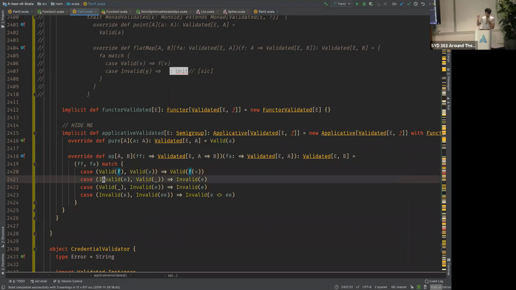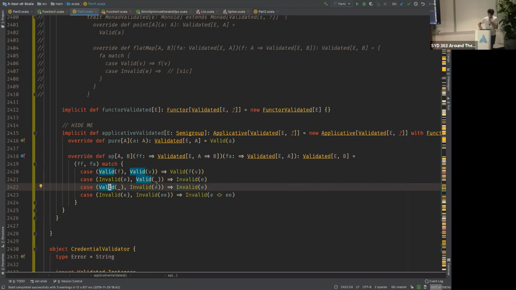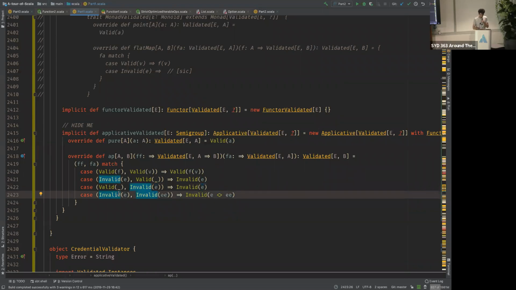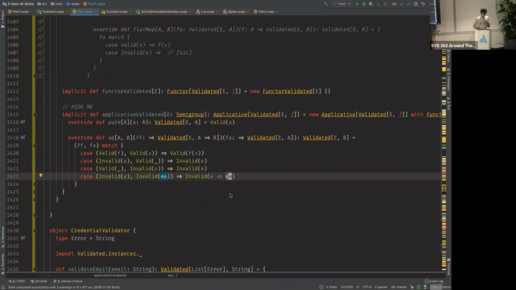If we have some sort of invalid error where we were expecting a function, but we have some other validated value, we can't do anything. We wanted a function, but we didn't have it. So we have to say invalid error. If we have some valid value on the right-hand side, where we should have expected a value, we have to say that's an invalid error. But if we have on both sides some invalid error, where we are expecting a function and some invalid value when we were expecting a value, we actually just combine the errors. And what that means